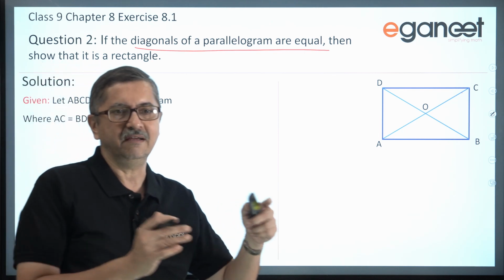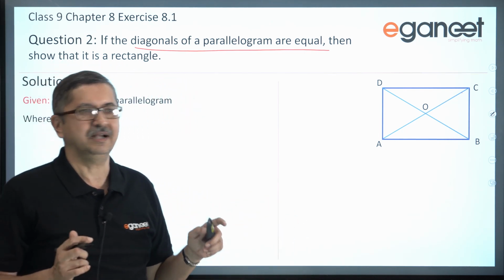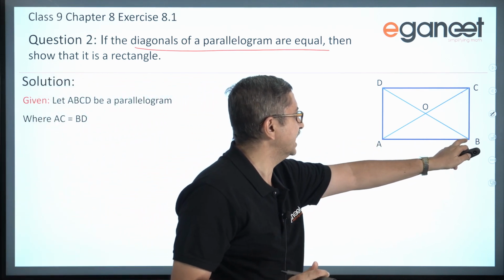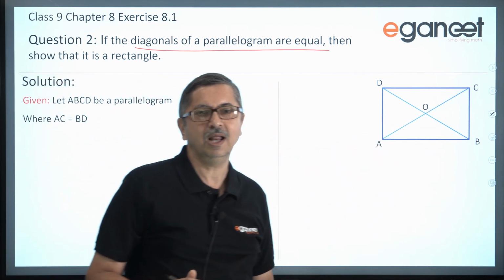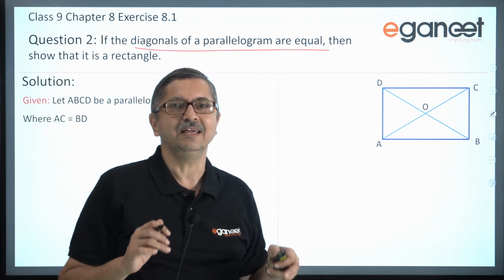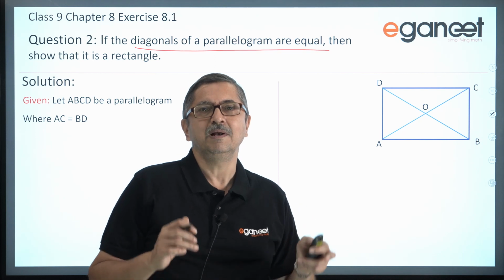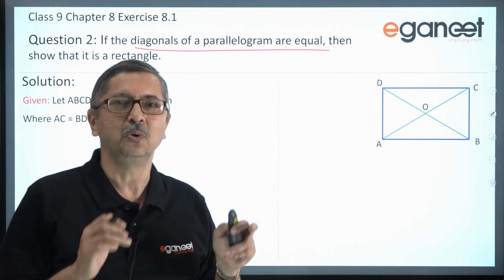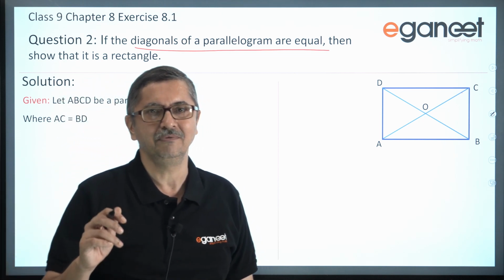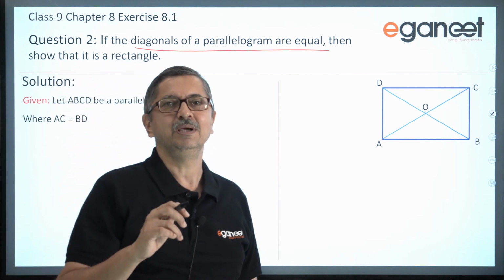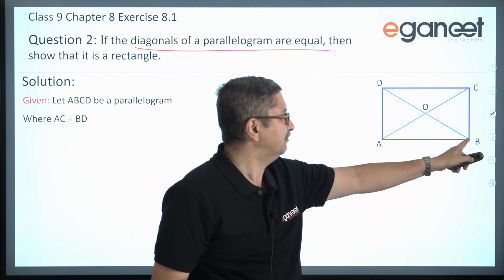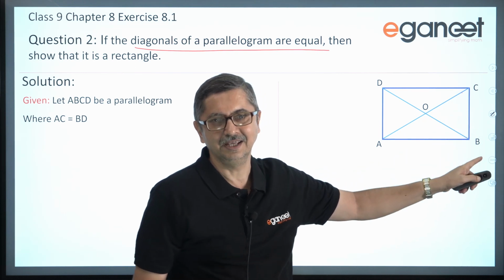Now how can we arrive at 90 degrees? We can arrive at 90 degrees by using, let us say, if we have this angle B equal to angle C, what will happen? Angle B plus angle C is equal to 180, and in other words, angle B plus angle B is equal to 180, or 2 into angle B is equal to 180, and further it will lead to a very interesting result. Angle B is equal to 90, and once we have a parallelogram with one interior angle as 90 degrees, we